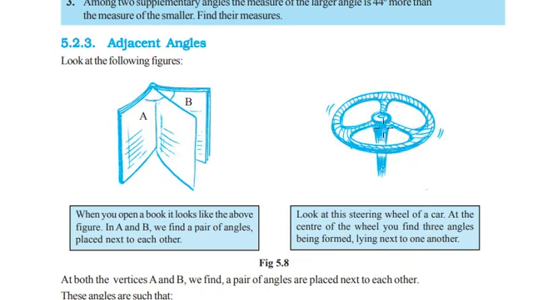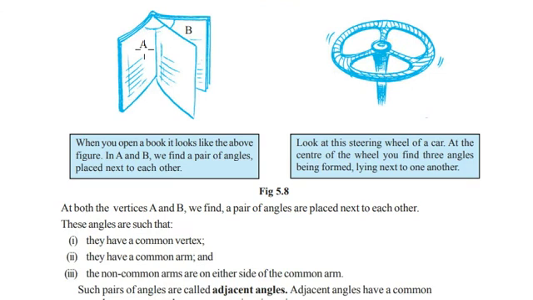At the center of the wheel, we can find three angles lying next to each other. These are called adjacent angles. In this example, first we can notice that at vertices A and B, we find a pair of angles placed next